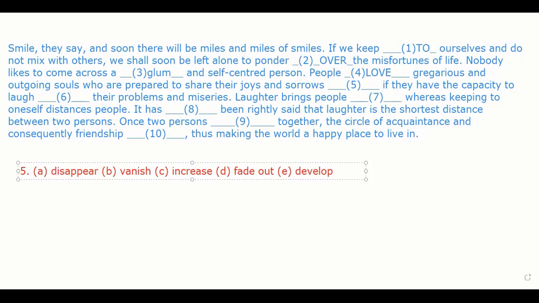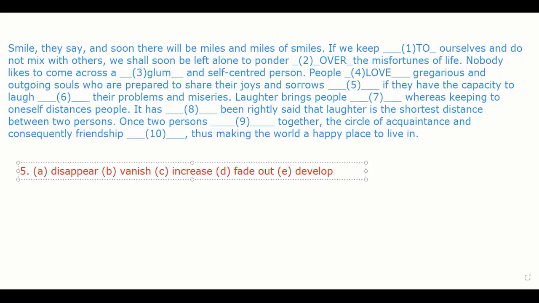So think about it. B or D, Achintya says. Achintya, give me your views. What is the difference between vanish and fade out? Fade out is like it naturally fades out, it's a slow process. Vanish is like an immediate process. Correct, you are right. Very good, guys. Fade out, it's becoming low and finally fading out. Vanish goes much faster, but finally ends up. So yes, please continue, Achintya.